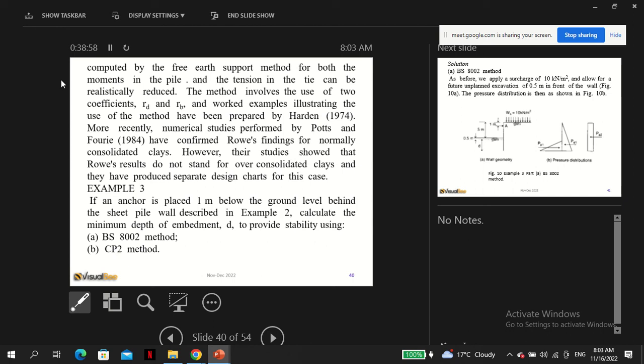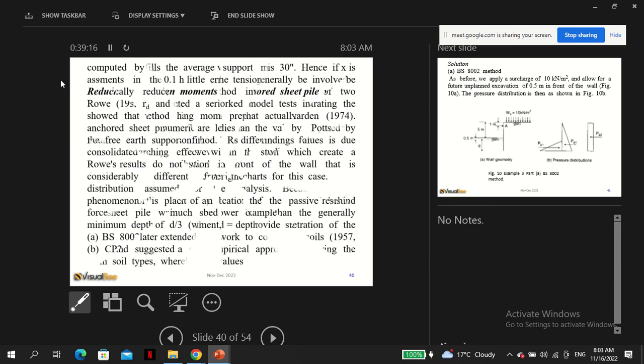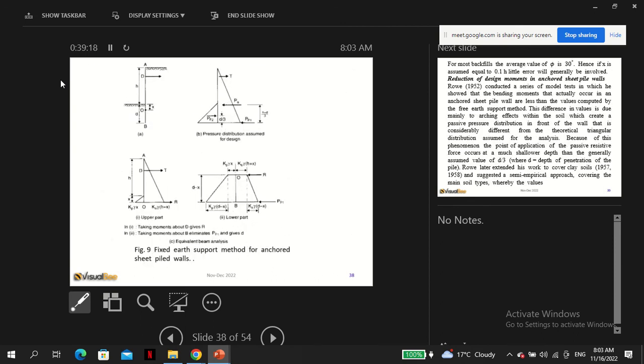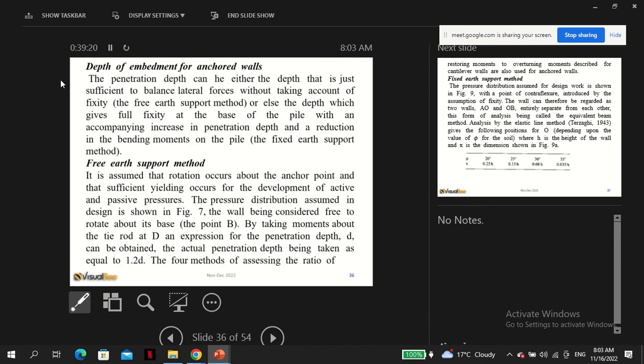So there's another example there. If an anchor is placed 1 meter below the ground level behind the sheet pile wall described in example 2, calculate the minimum depth of embedment to provide stability using these two methods. So the examples, the BS8002 and CP2 method. So in example 2,